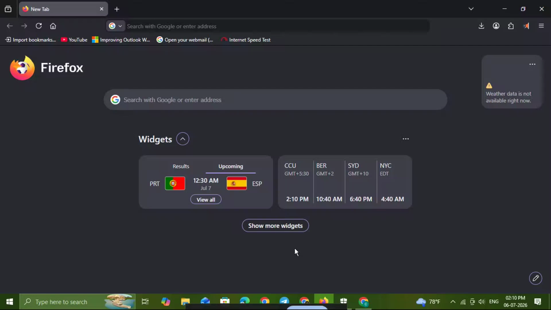In this video, I'm going to show you how to import saved passwords from a CSV file in Firefox quickly and easily. This is a super useful method if you're moving passwords from another browser, restoring exported login details, or just organizing your accounts in one place. By the end of this tutorial, you'll know exactly where to go, what to click, and how to complete the